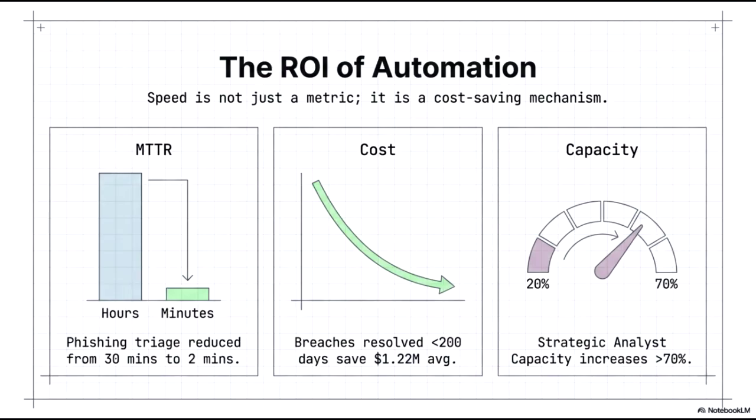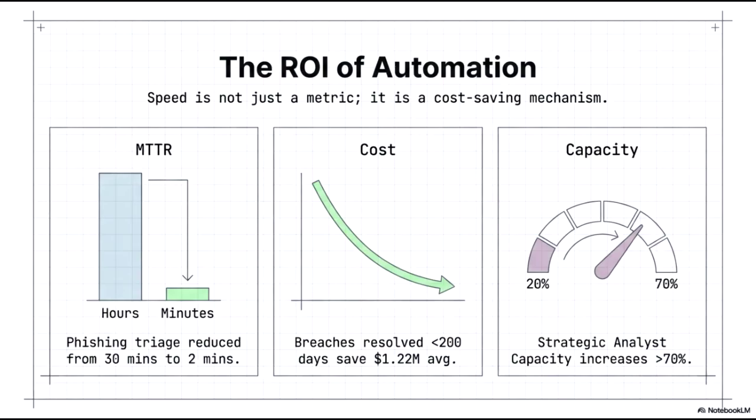As we examine the ROI of these initiatives, the impact is most evident across three key performance indicators. First, in terms of mean time to resolution, we see a dramatic reduction from hours to minutes. A prime example is phishing triage, which automation can compress from 30 minutes down to just 2 minutes. This rapid response leads directly to significant financial benefits. On average, resolving breaches in fewer than 200 days saves an organization $1.22 million, demonstrating how time to containment directly